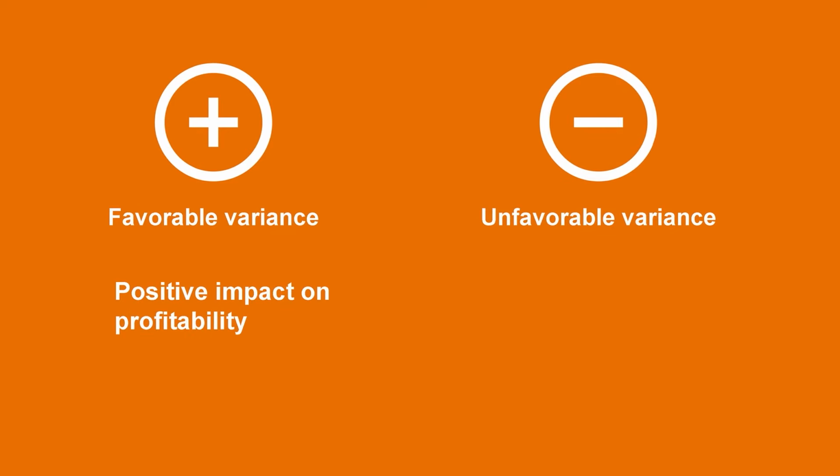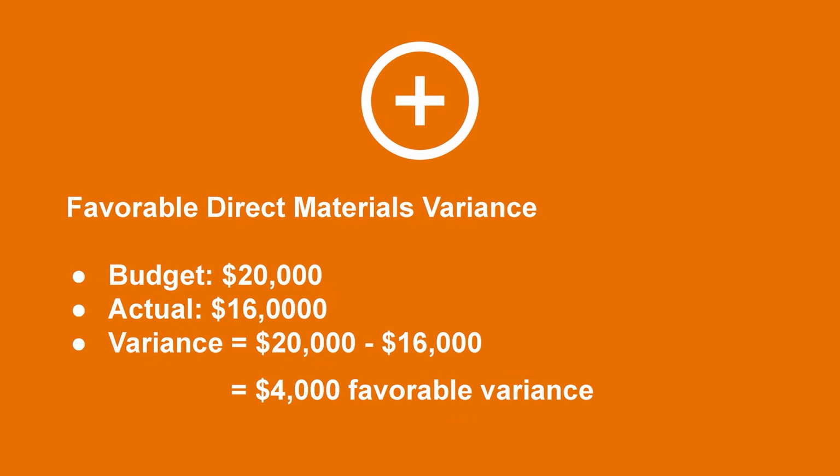Favorable variances occur when the result has a positive impact on the organization's profitability. This would occur when the company's direct materials cost is less than they were planning for the period. For example, let's say a company budgeted to spend $20,000 on direct materials. However, they actually only spent $16,000. This would leave them with a $4,000 variance between the actual and budgeted amounts. In this case, since the company spent $4,000 less than they planned, this would be considered to be a favorable